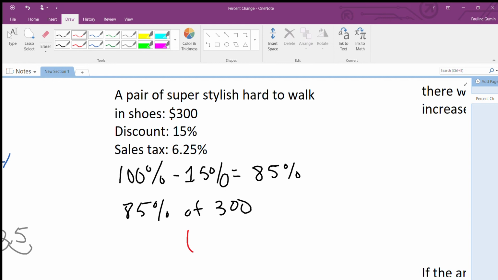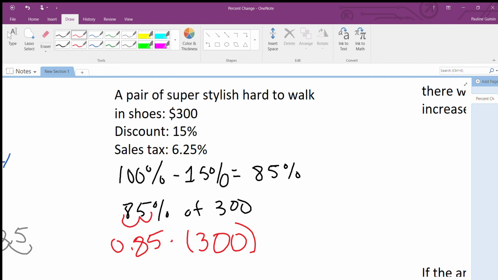Now, this will be easy to do in your calculator, but first, we must turn 85% into a decimal. The percent symbol is just used as a representation. In order to turn from a percent to a decimal, we go to wherever the decimal is, or if you don't see one, that will be the end of the number, and we're going to move it over twice to the left. Before turning it into a percent, we move twice to the right. Now we're going the opposite direction. So 0.85